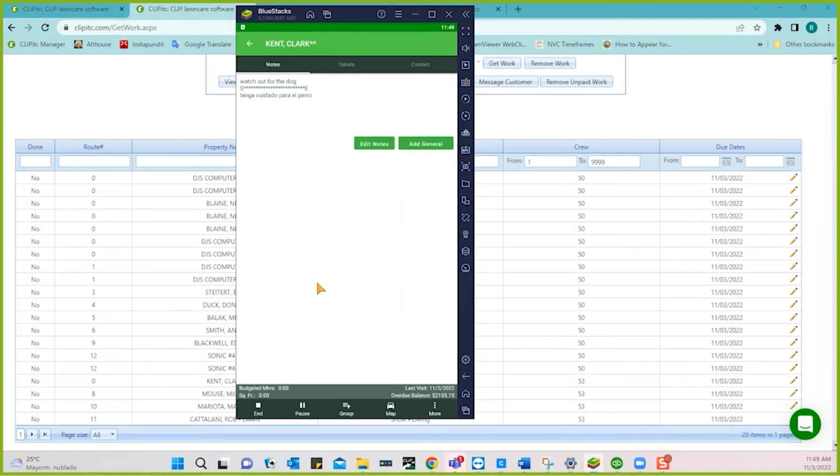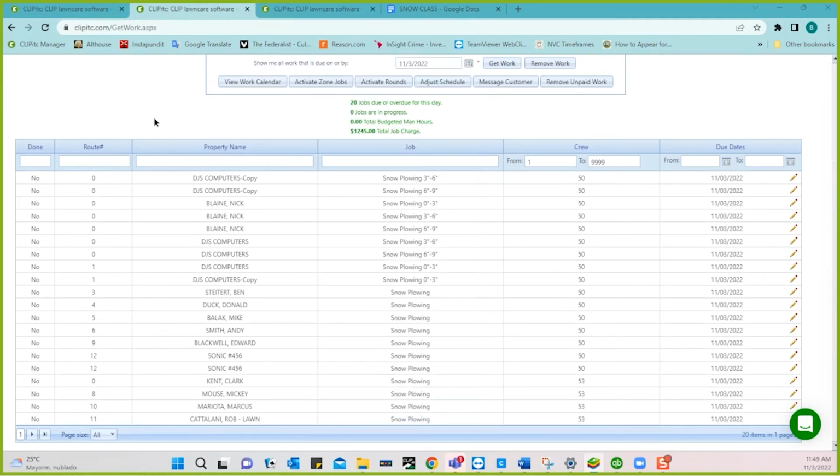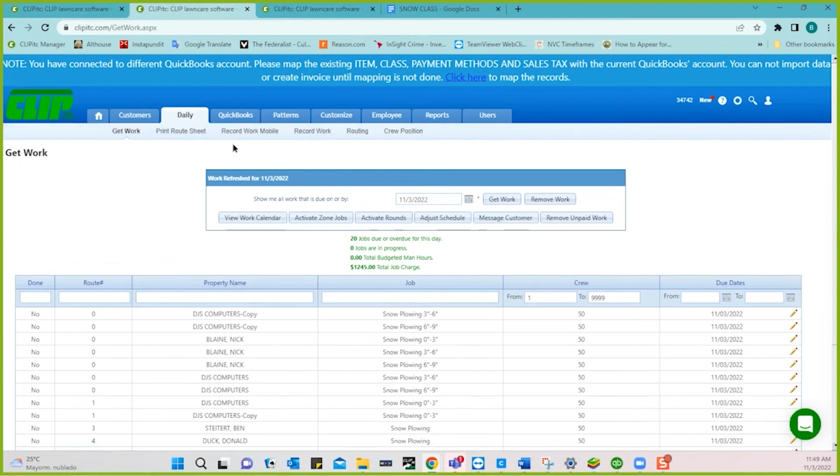Now you can give him the ability, for instance, to look at the materials. If you do charge by the inch based on the materials, then you may want this entered by the truck driver, by the plow driver. Or you could add this later after you get the information back from him. Now, if you're familiar with the app at all, you'll know you can come back here, look at record work mobile,